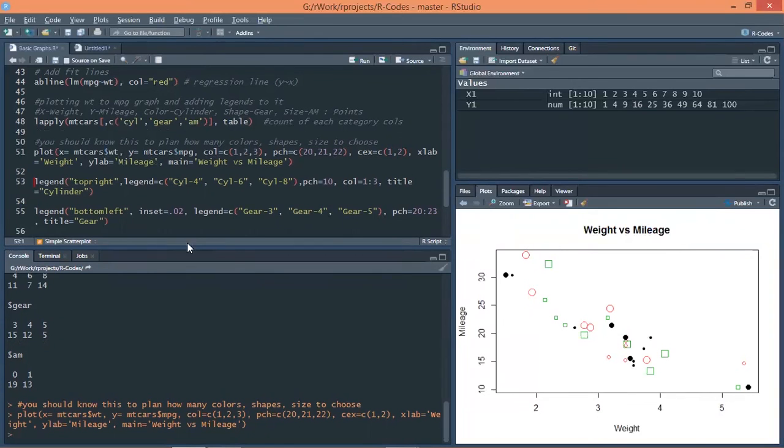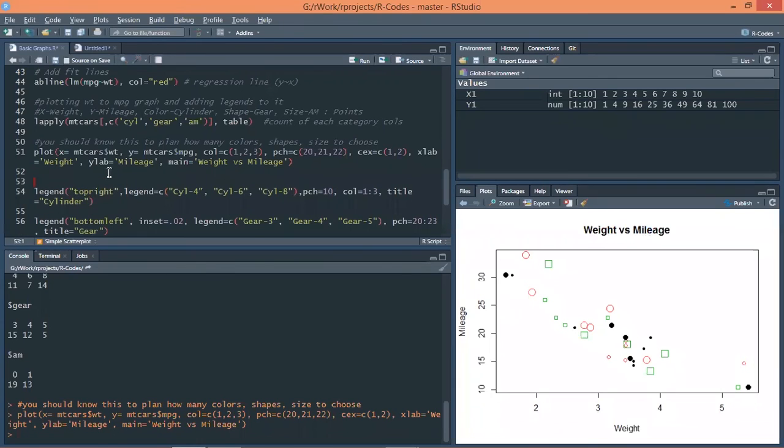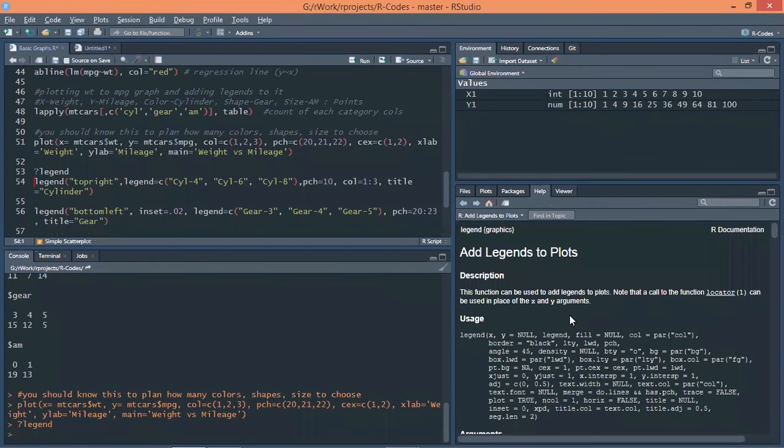So legend is the table of content, which will help us to know which color is what thing and which variable. For that, first legend is on top right. So you can give the position where you want your legend to be present. This is the position. If you want to see what all command aesthetics are there in legend, just put a question mark and you will see the help.